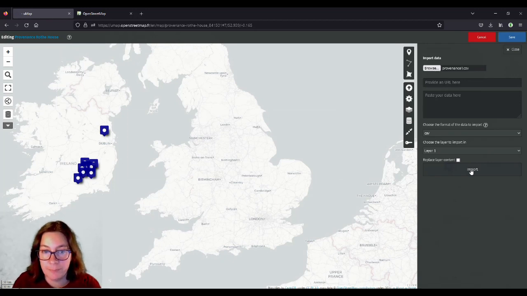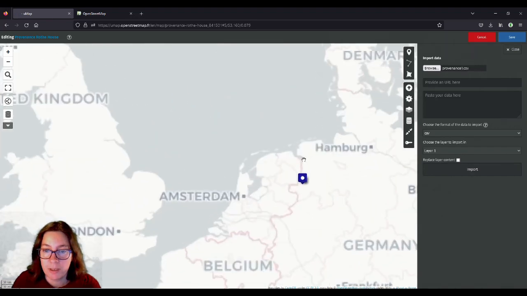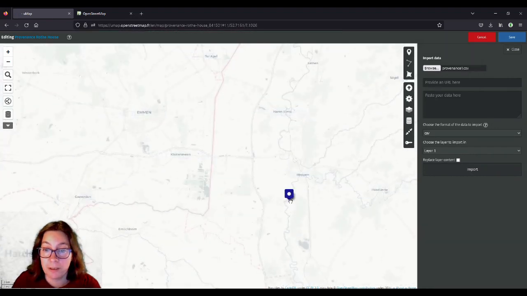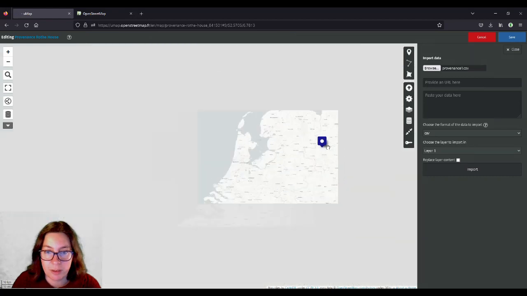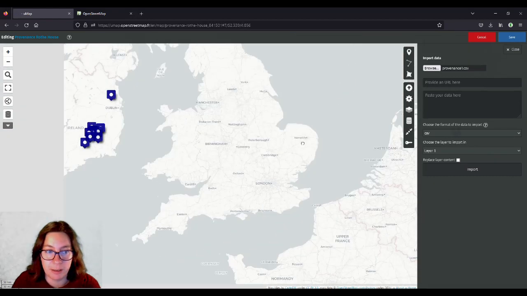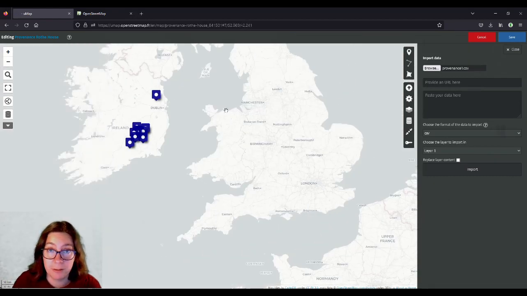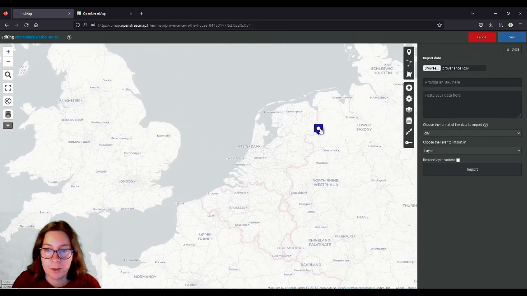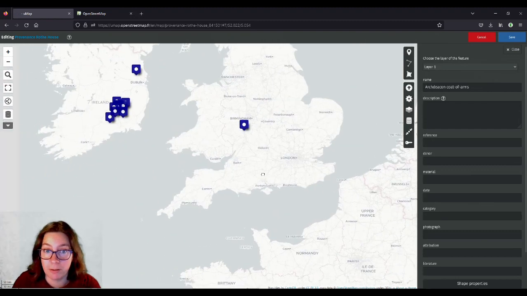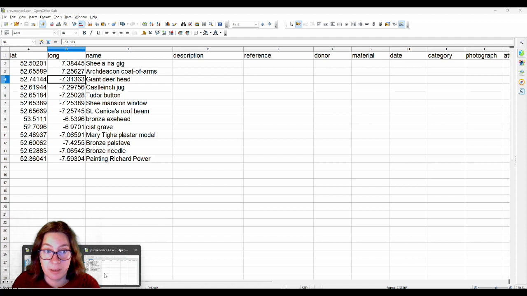And that is because I had not put in the minus in one of the coordinates. So if I zoom out further, you see that it has put it somewhere in Germany, because of course this is east of Greenwich, and all our data should be west of Greenwich. So rather than just taking this and moving it to where it belongs, because you might not know exactly, you just go back to your CSV file, find the culprit where it doesn't have a minus, add the minus,